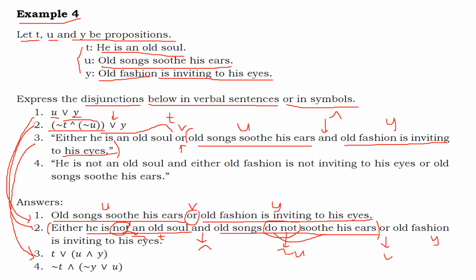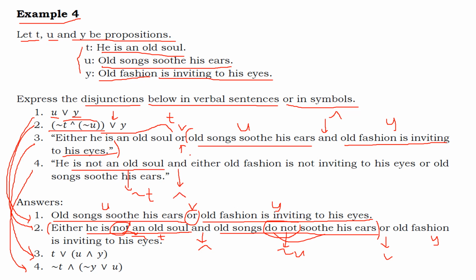And for number 3, as you can see, that's how we convert for this one. Now, for number 4, this will be the answer. So how we come up with this one. As you can see here, he is not an old soul. From what proposition? That will be your proposition T. So that will be the negation of proposition T. N, we simply use N to represent your